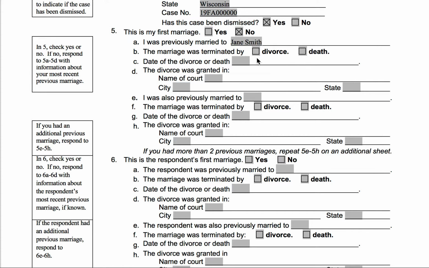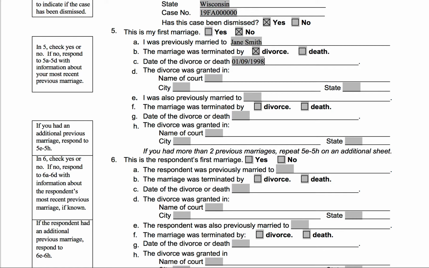And then you'll indicate whether your marriage ended through divorce or if your previous spouse died. So divorce here. If it's death, you'll check there. If your spouse died, you would still fill C in, but you don't need to do D. If you got divorced, you'll fill in both of these. So C is where you're going to put either the date of divorce or the date that your spouse passed away. So we'll say